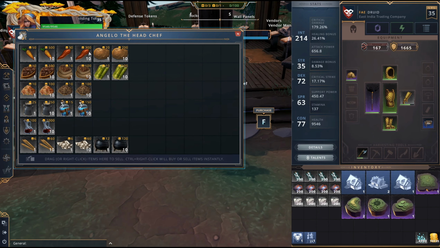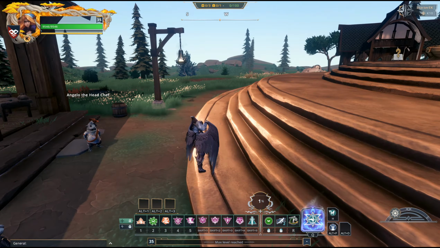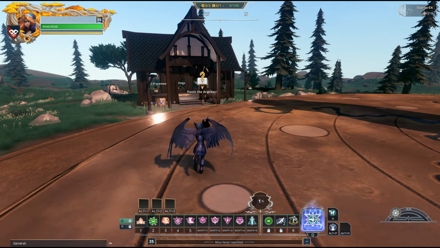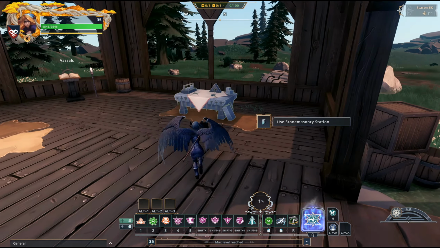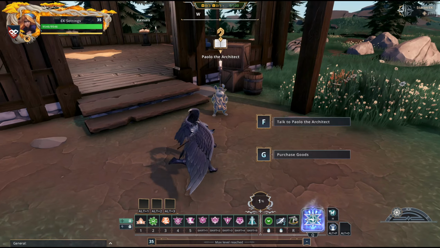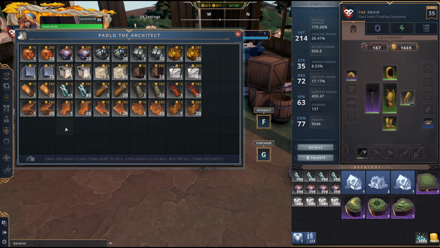For example, there's a head chef, you can buy some cooking ingredients. Rolo also has some crafting materials. And on the other side, the more important one, there's Paolo the architect. He will tell you how to place parcels, but I will also show you tonight. And we have a stonemason table. This is the most important thing that we'll need to set up everything that we want to do tonight. Paolo also has the quest line to read the bookcases behind us, and he also sells some basic materials. So if you have too much gold and not enough materials, you can